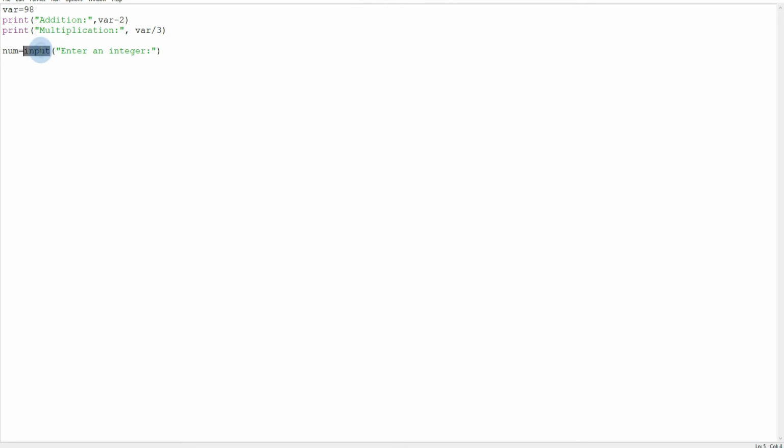Input is the function to take input from the user. Num is the variable in which our input will be saved, and enter an integer is the argument of the input function to print on screen, to show a message to the user that you have to enter an integer. Let's run this code.